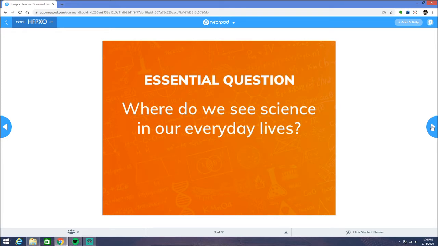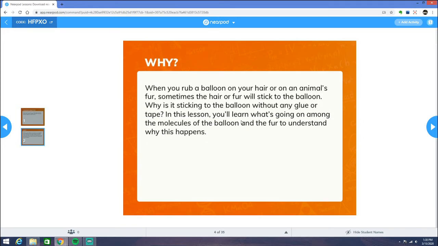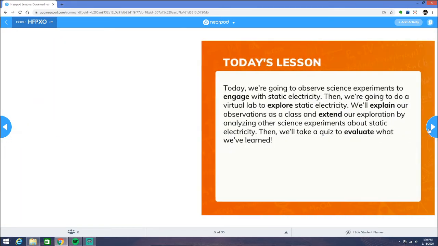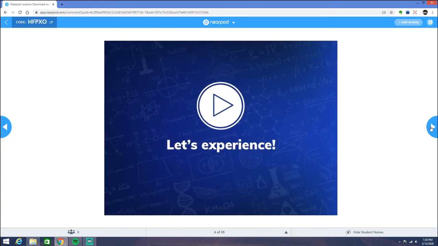Where do we see science in our everyday lives, guys? You do science every day. You experience it all the time, and you can't get away from science, man. This is what you do. Hopefully you'll be able to recap things about static electricity, positive and negative charges. And then in a lab that we did, where we rubbed a balloon on our hair and rubbed it with fur and other things, hopefully you get that review over what we've done before. Again, this is a slide that was already on here, but we're just going to review.